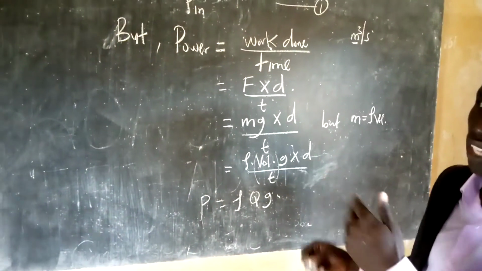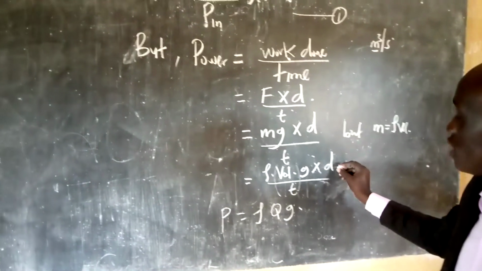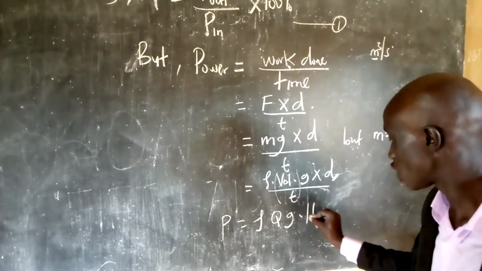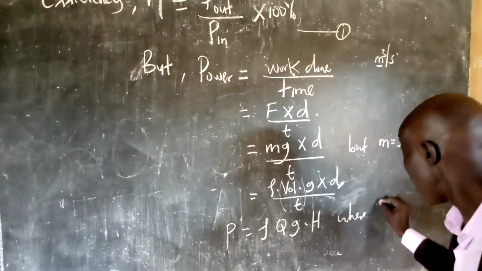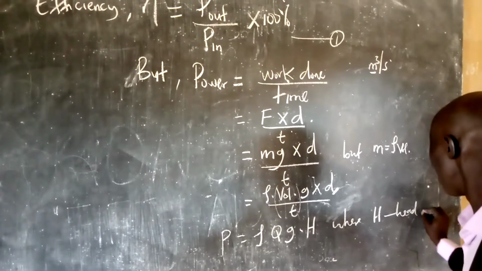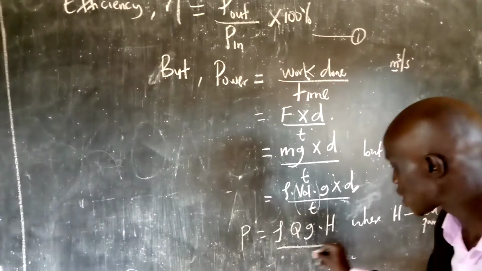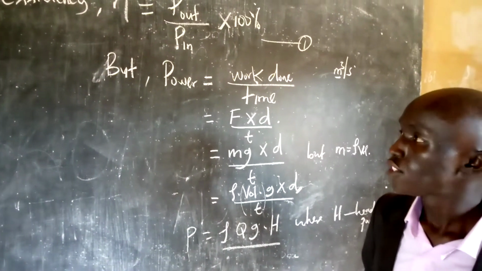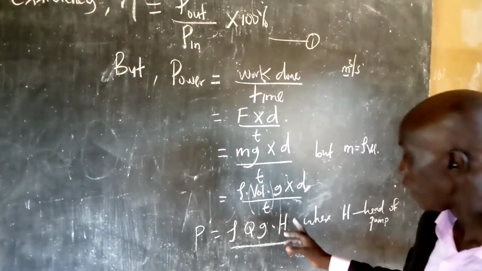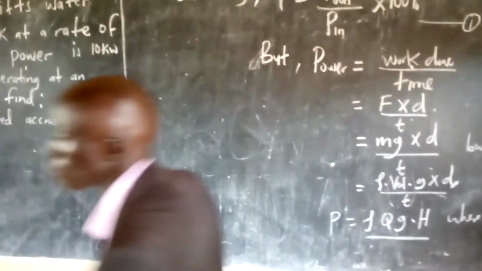Now for pumps and turbines, we also deal with heads. Head, the pump head. So this d, we can change it as h, which represents the head of the pump. Let me say where h is the head of the pump. Please follow me very well. So this is an expression for the power output of the pump. So as we continue, we can now take this formula and substitute it back inside here. So let's continue. We can go to this part of the blackboard.